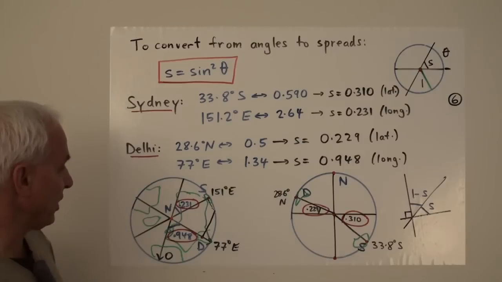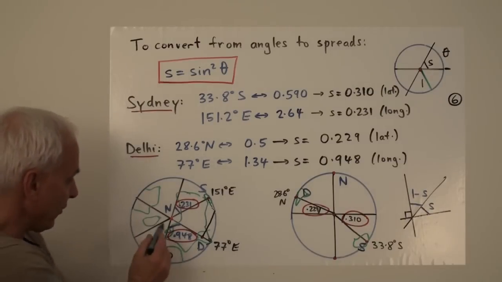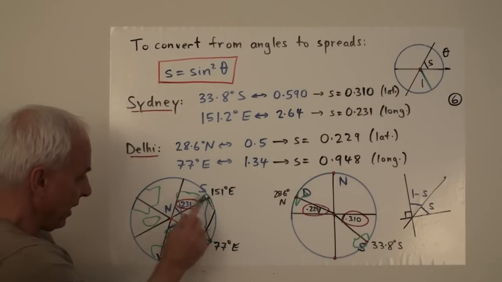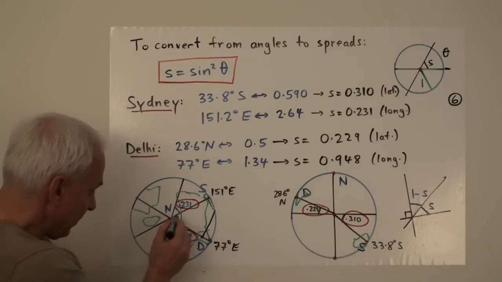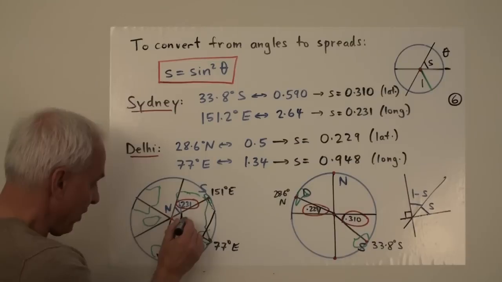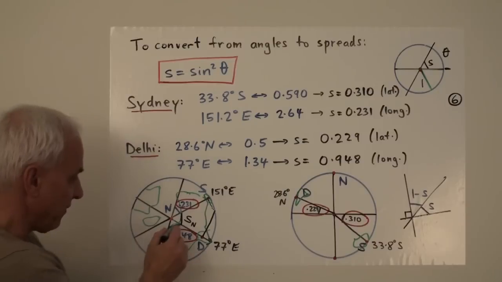Okay, so what do we actually need to do? Well, we really have a triangle here. So the triangle is still the North Pole, Delhi, and Sydney. We want to analyze that triangle. In order to get this value here, we're going to find this certain spread here. Let's call it the spread at the North Pole. We're going to have to find that.